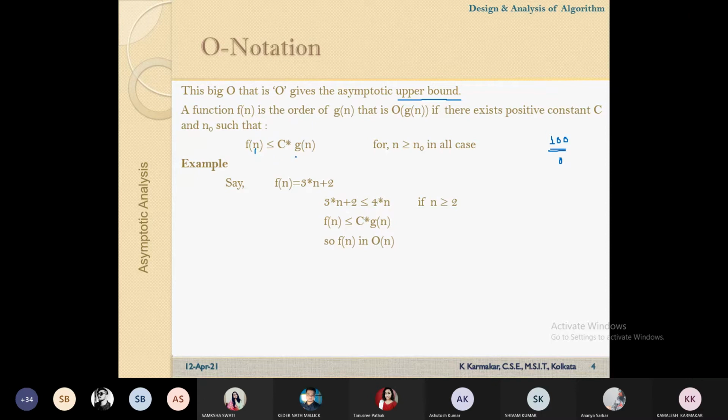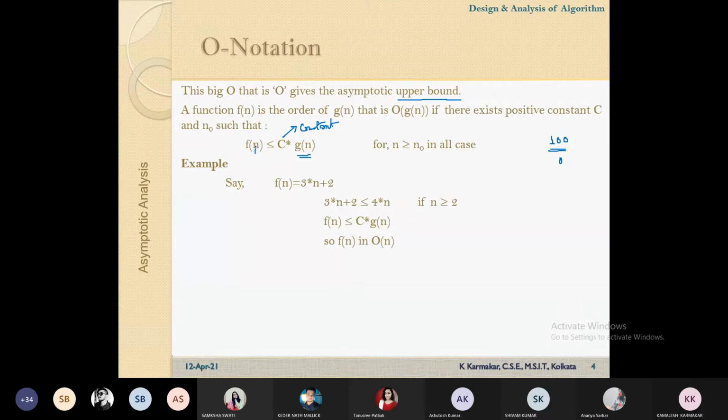If we can determine a function g(n) such that f(n) will always be less than some constant times g(n), where c is a constant value and g(n) is a polynomial function,